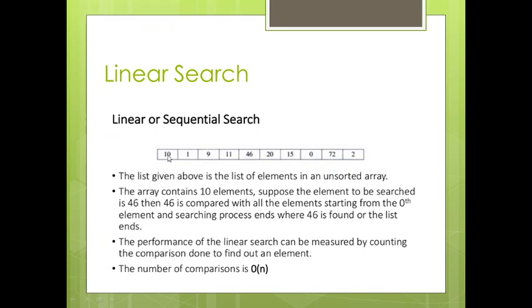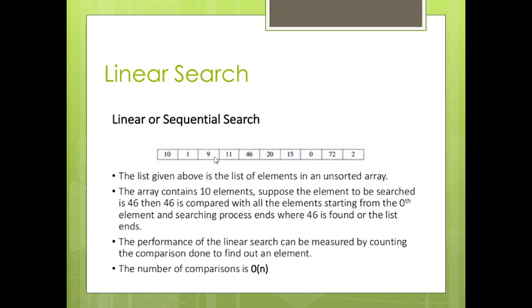So first it is started from the 0th element, 46 is compared with the 0th element, that is 10. 10 not equal to 46, then it will go for the next element, that is 1. Again 1 is not equal to 46, again it will go for the next element. Again it will check 9,